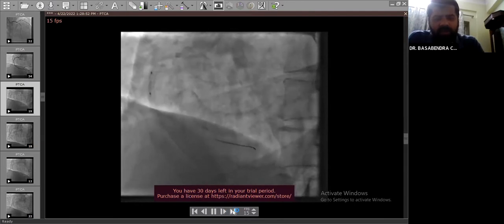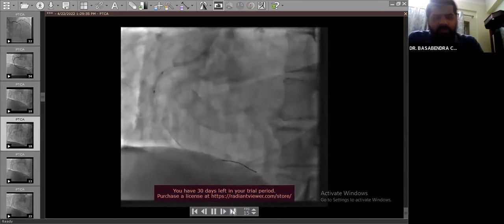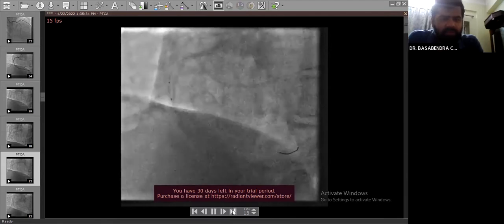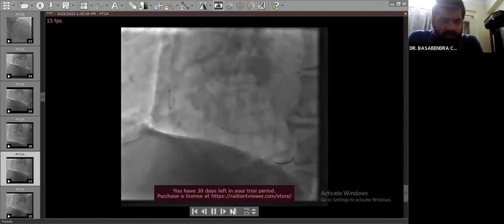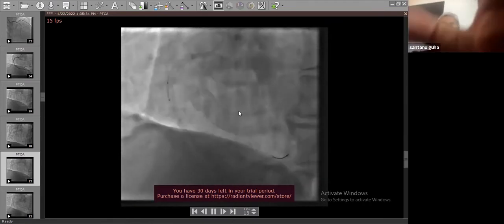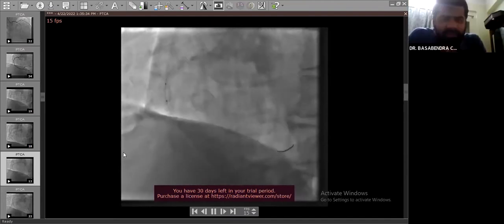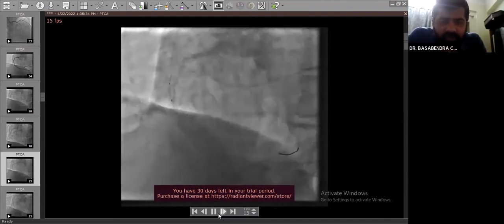And then we took a lower profile balloon, a 1.5 into 10 balloon. But this balloon also did not go to the distal RCA. We could not cross the calcific distal lesion. But you're unable to see it properly. Seeing a part of it, but it is too big. Yeah, this is better.